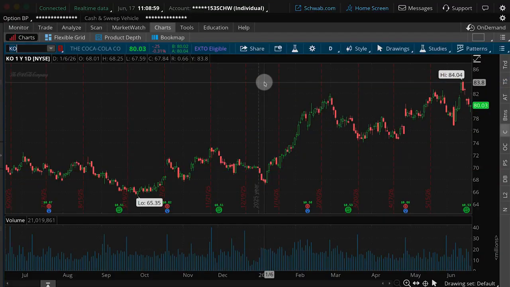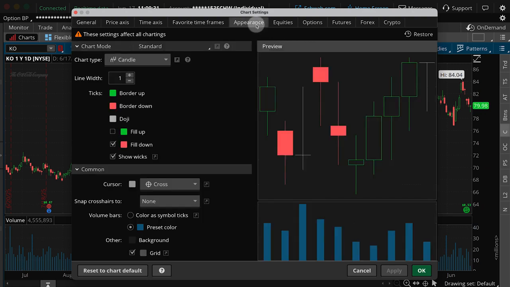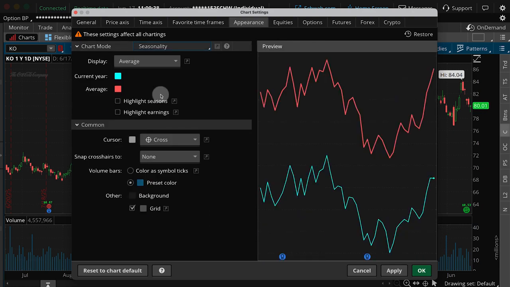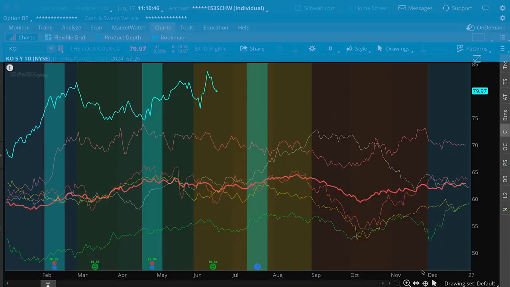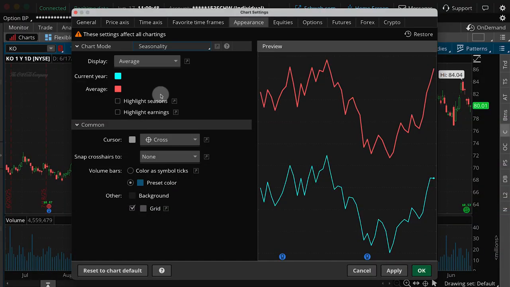Let's walk through an example of how to use the seasonality chart settings on the thinkorswim platform. Starting at the Charts tab, then click on the gear icon. Next, select the Appearance tab, click Standard to open the list, and select Seasonality. Next, we'll set parameters. The default setting shows 5 previous years of a stock's price changes, as well as the current year. You can see a 7th line that represents the average of the years by selecting Display and then